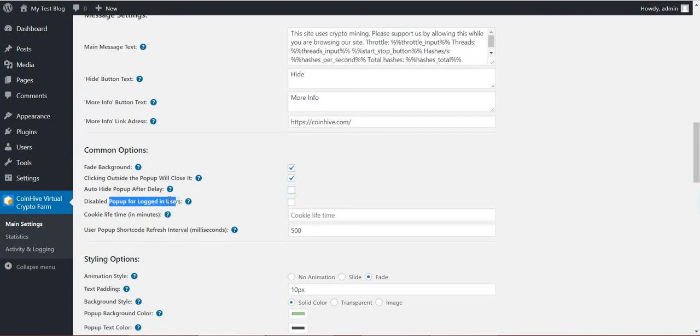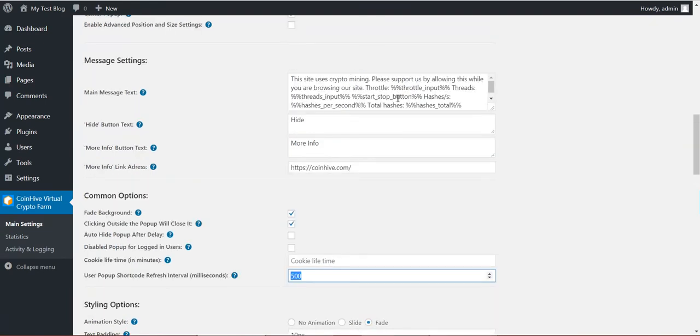Disable pop-up for logged in users. Cookie lifetime in minutes. This can be set to determine after which time the pop-up will be shown again to users. So if you don't want to show the pop-up to users very often, then you should set an interval here. Pop-up shortcode refresh interval. This is the setting to refresh these hashes per second and hashes total